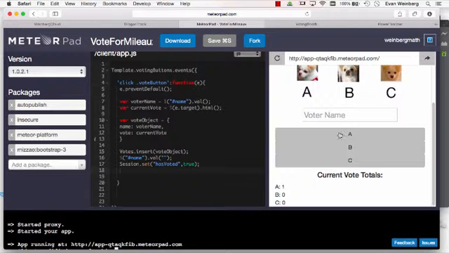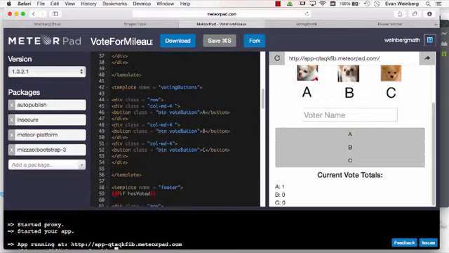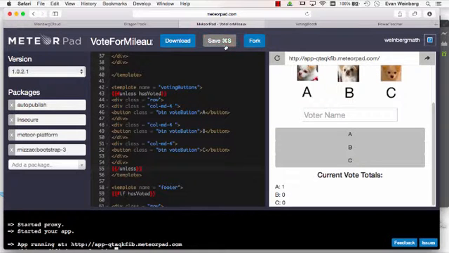Another thing you may want to do to make it so that you can't vote multiple times is hide the voting buttons once you have voted. So we can do that using the same idea. We're going to do this up inside the voting buttons template, but I'm going to make this unless has voted, because I want to show the voting buttons unless the user has actually voted. So I'm going to put that in, save it,